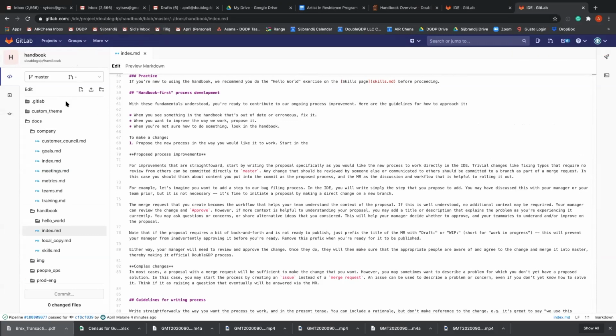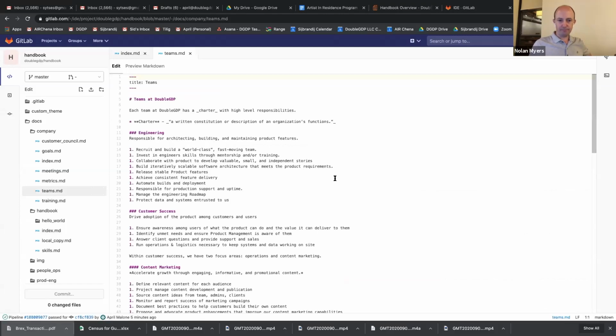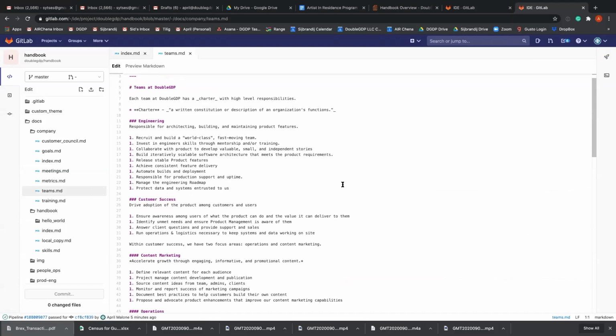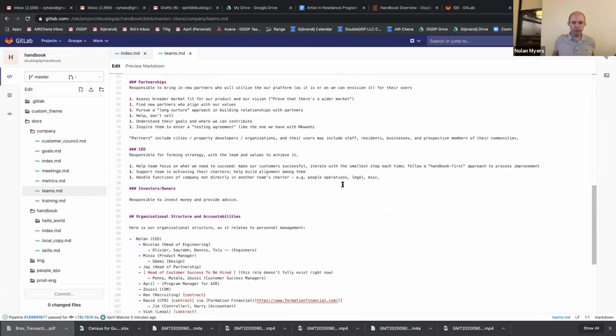So just my first thought looking at the structure right now, my first thought without even looking at this page would be to add it to Teams. Just because whenever I think of Teams, I think of that's the place that describes everyone's role for each department, so to speak, or team within an organization. Great, let's go with that. Okay. And so read through that page and tell me where you think you should put it.